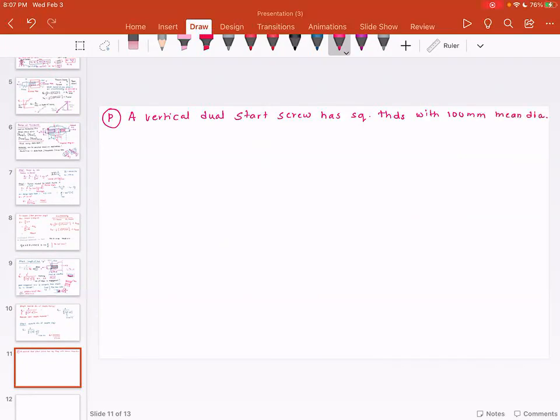So this 100 millimeter is nothing but dm. The pitch is equal to 20 millimeters, and its supporting load is equal to 18 kilonewtons,